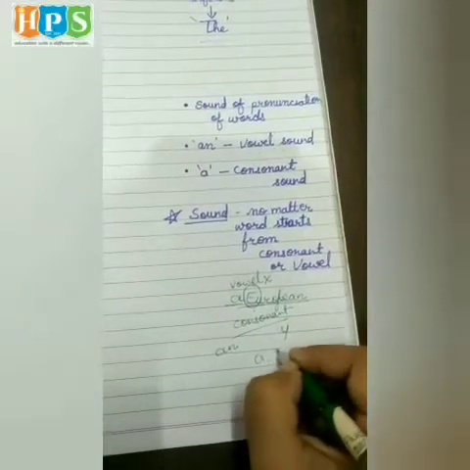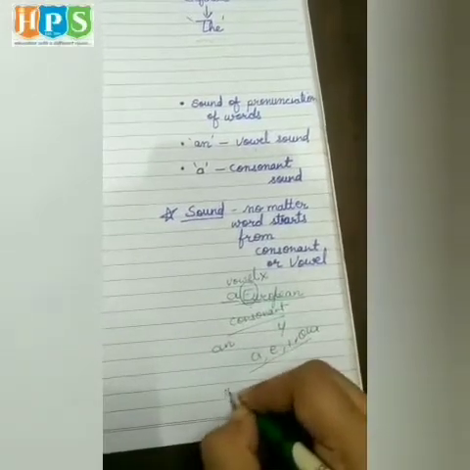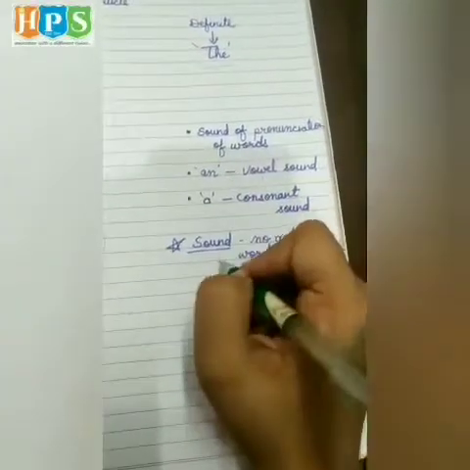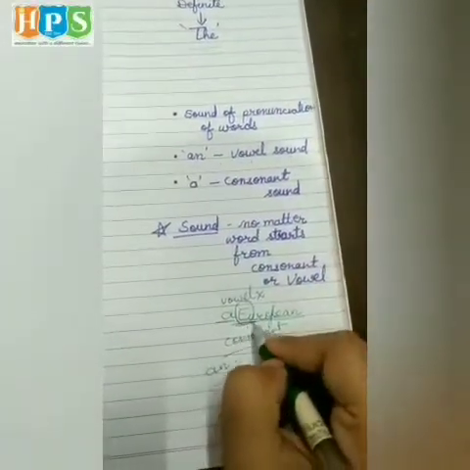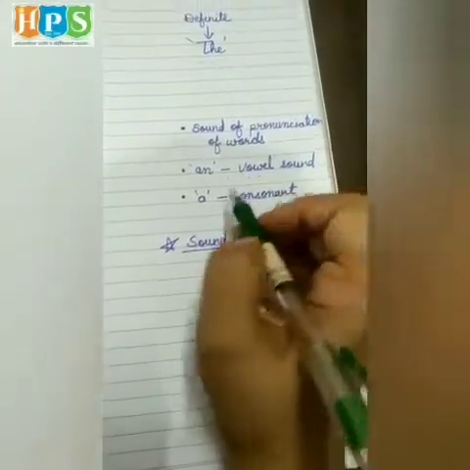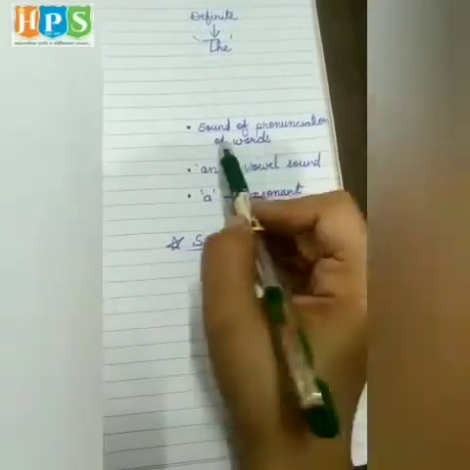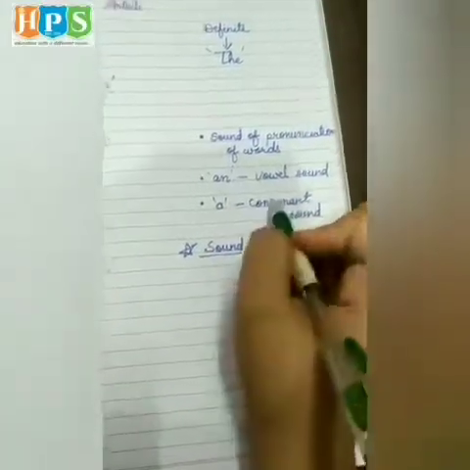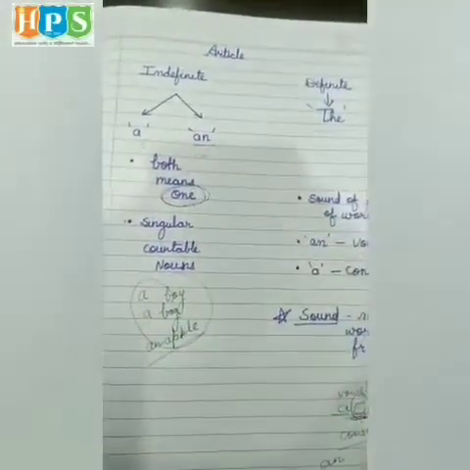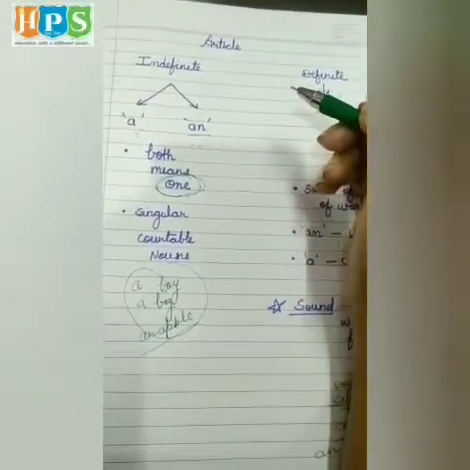We won't use an, because sometimes we get confused that it's starting with E. Vowels are A, E, I, O, U, and because of that we might use an before E, but that is wrong. We have to check the pronunciation and whether the sound is vowel or consonant, and only then can we understand whether to use a or an. So the sound of pronunciation is very important when we talk about articles. Now let's check how to use a or an in sentences.